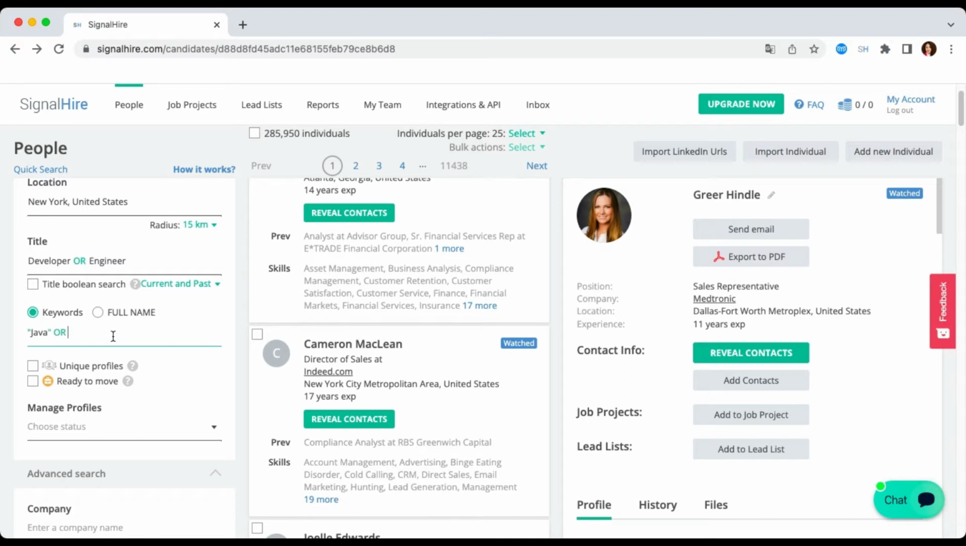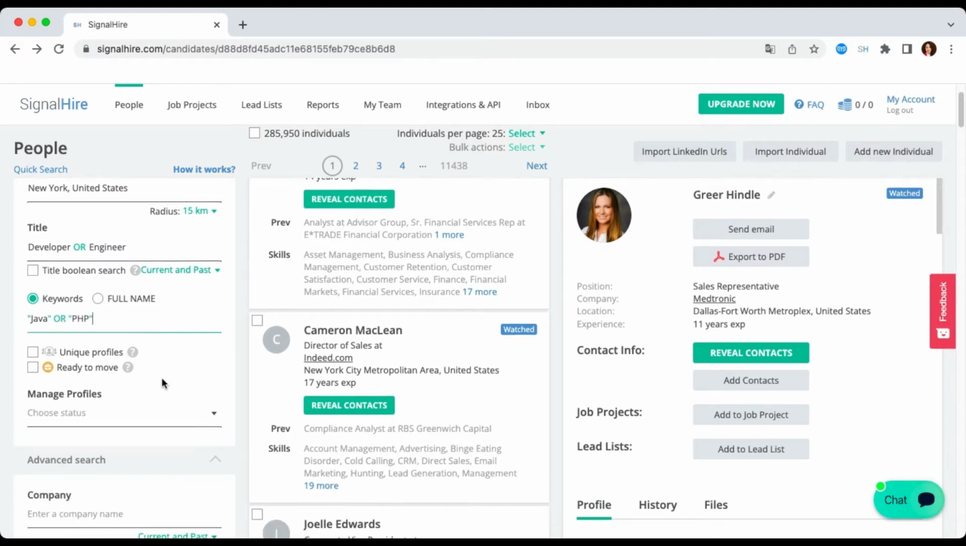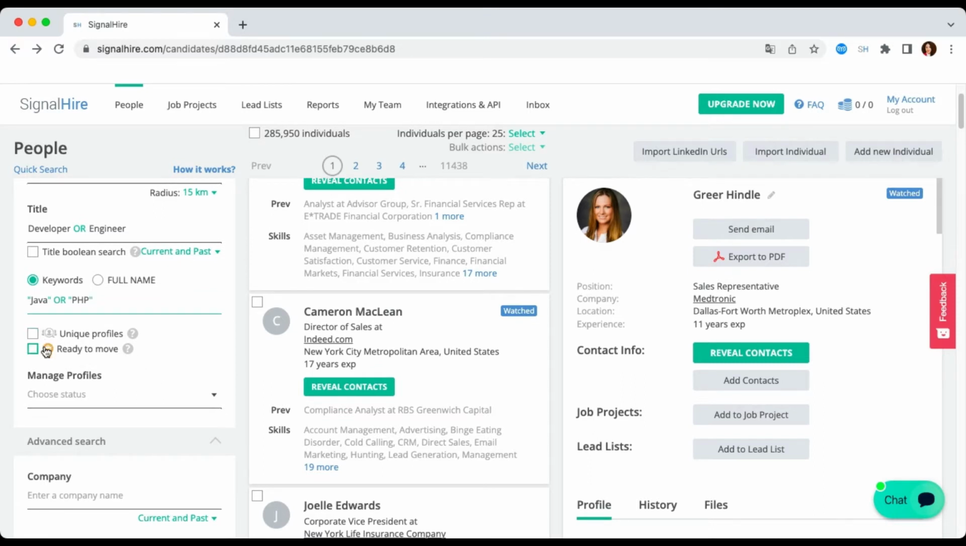or PHP. Now this ready to switch algorithm uses big data science, social signals, and machine learning to analyze social behaviors of the candidate and makes a prediction if they would like to switch their current job, even if there are no signs of that. So we can click ready to move, but just don't click unique profiles because this will show